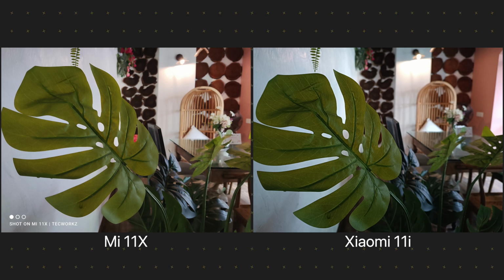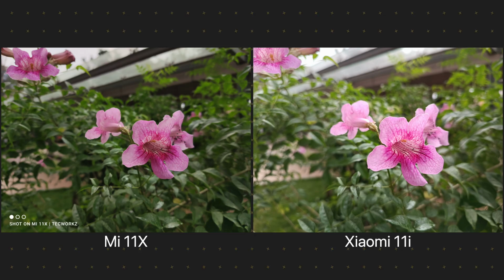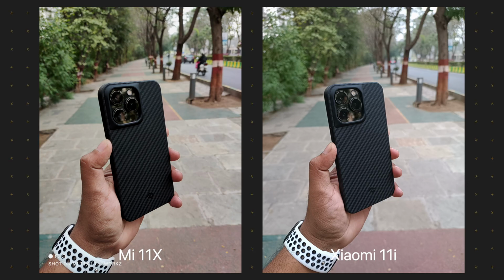In other normal situations, you can see the main subject being in focus on both of them, and the background gets a very nice natural bokeh. The 11i has a bigger sensor, so the background in its close-up shots gets a bit more blurred out. You can always add in the saturation and contrast later on while editing, so just don't worry too much about that. Just look at the images that you think look better or sharper and go with it. Personally, I prefer the close-up shots from the Xiaomi 11i,